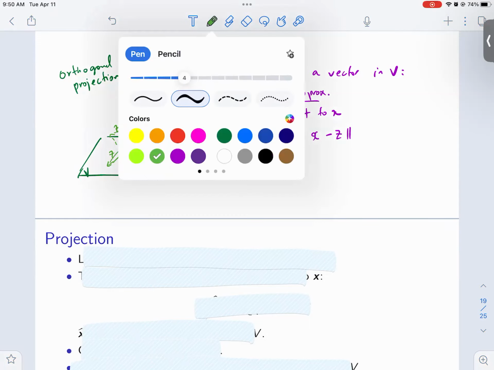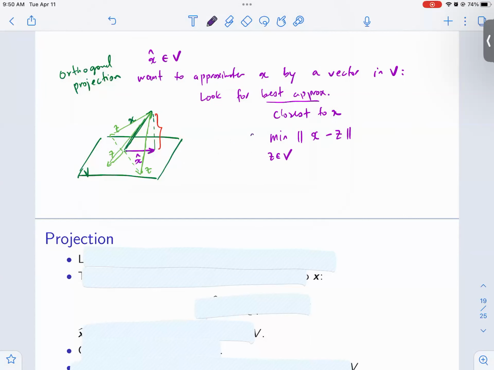And I'm going to use this notation, argmin. The argmin would be the projection. So argmin means the argument that minimizes this. So the Z that minimizes this would be the projection. So in other words, this is equivalent to saying that the distance of X hat minus X, or